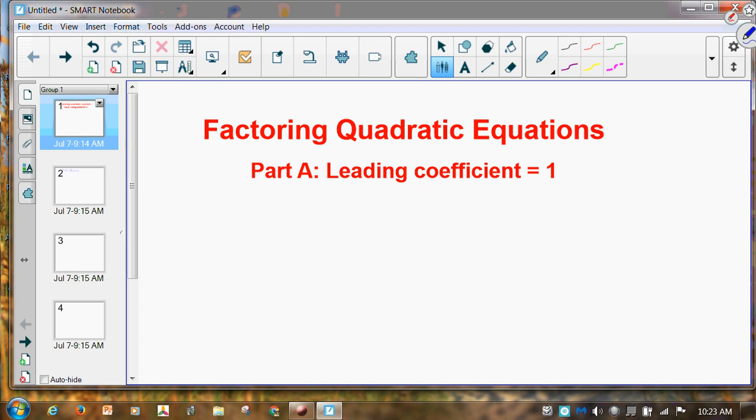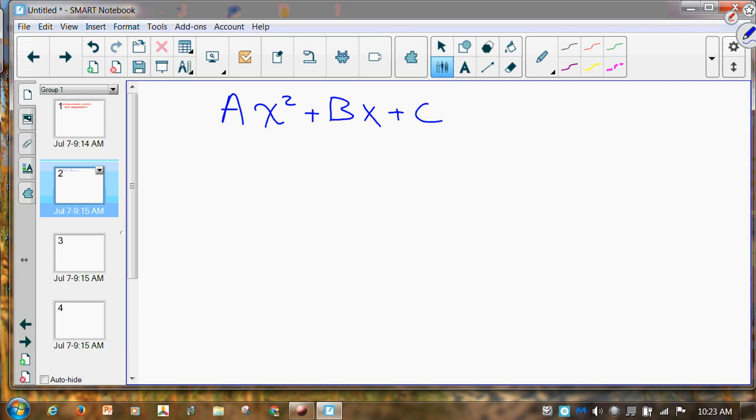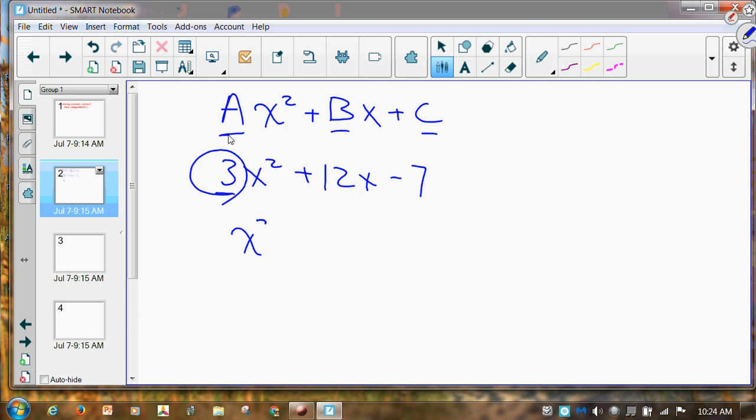So let's do a quick review here. Remember, a quadratic equation is in the form of ax squared plus bx plus c, where a, b, and c are numbers. Okay? An example would be, say, 3x squared plus 12x minus 7. Now that is a quadratic, and notice that the first coefficient is 3 here, which of course is not equal to 1. Another case that would be equal to 1 would be x squared minus